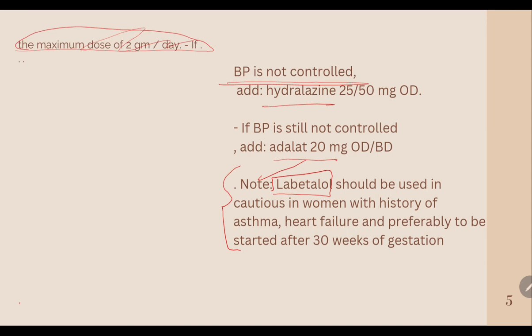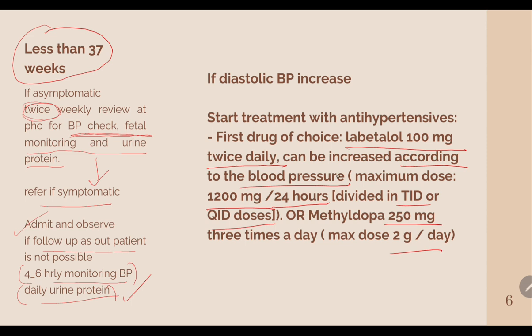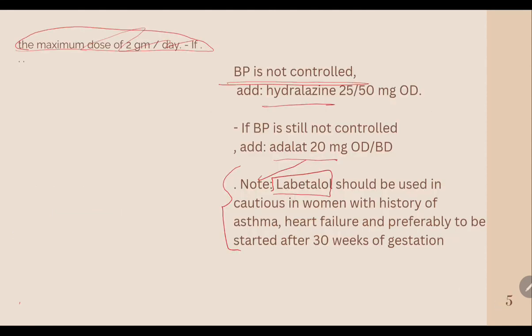So we can once again see what are the drugs. Drugs are labetalol 100 milligram twice daily. You can increase the dose up to 1200 milligram per 24 hours divided in TID and QID doses, or methyldopa 250 milligram TID, three times a day, maximum dose up to 2 gram per day. Okay. Next is hydralazine 25 to 50 milligram OD. Next is Adalat 20 milligram OD or